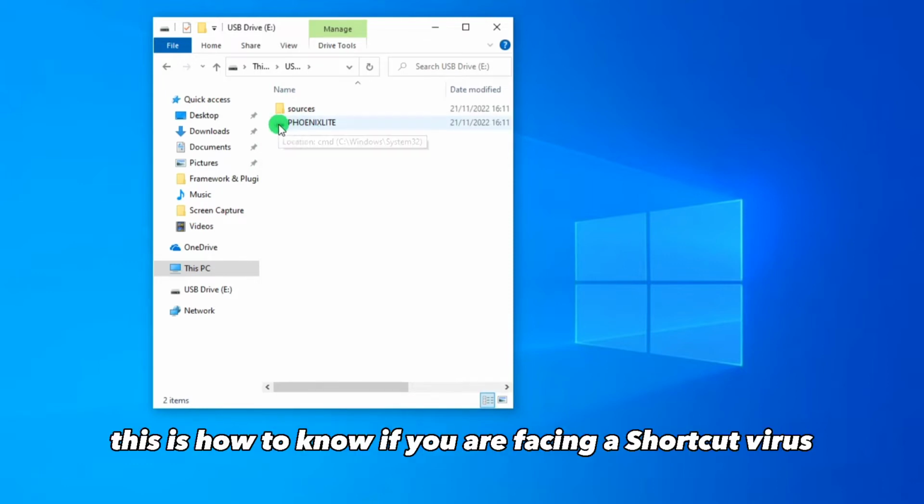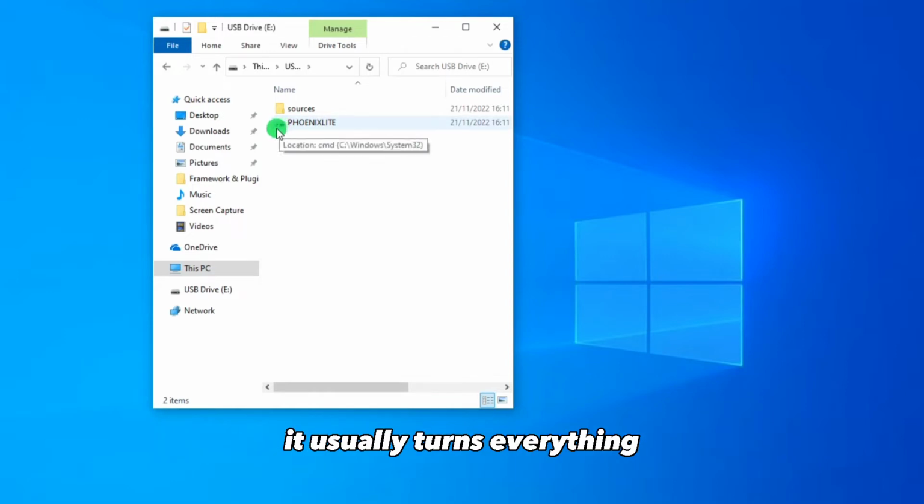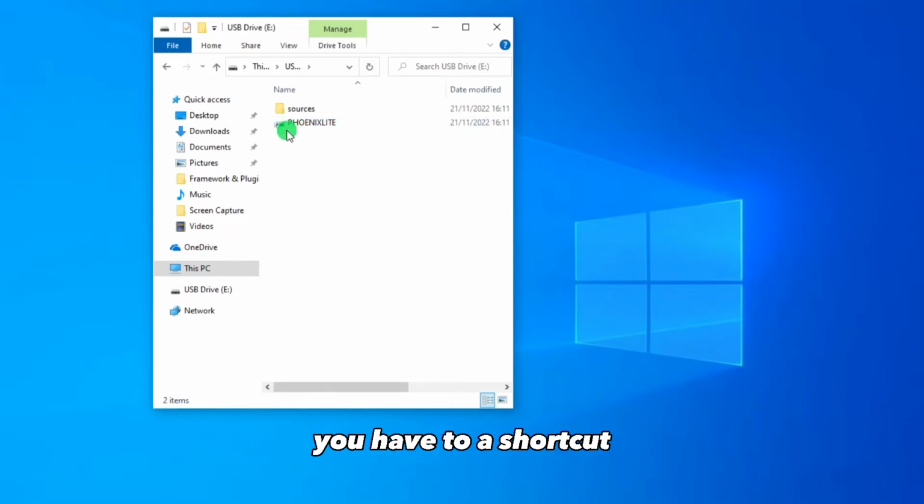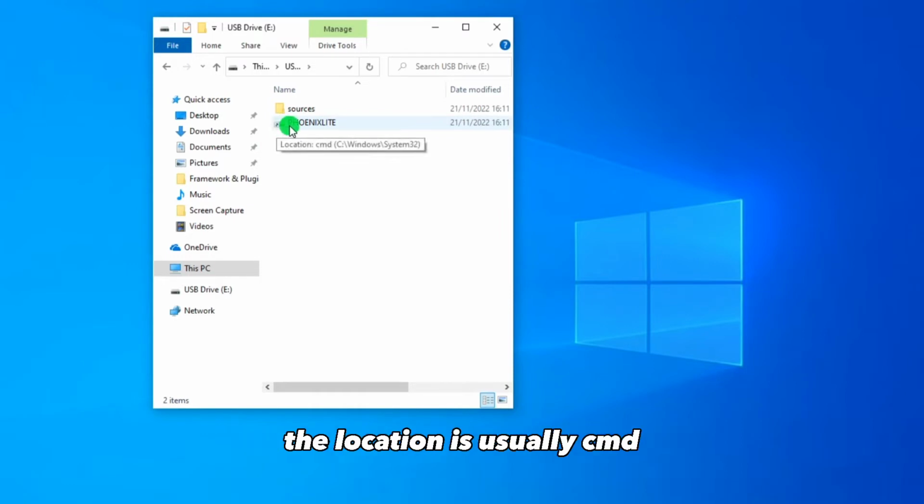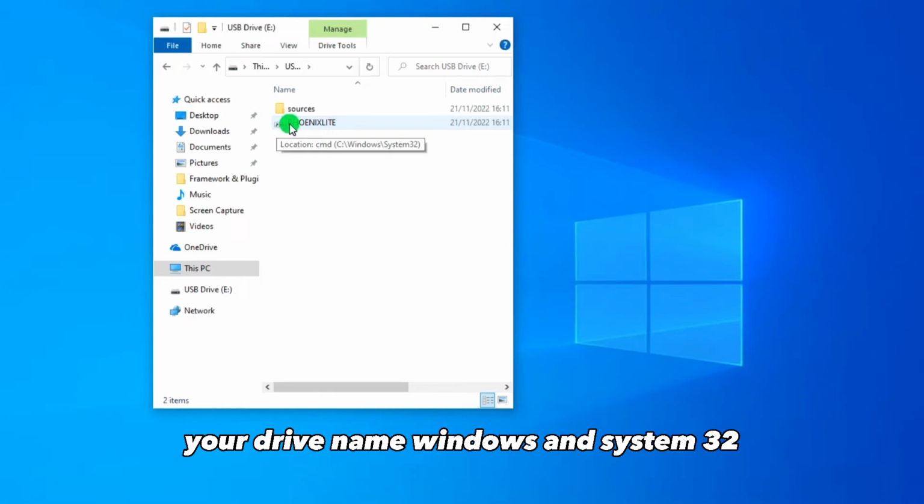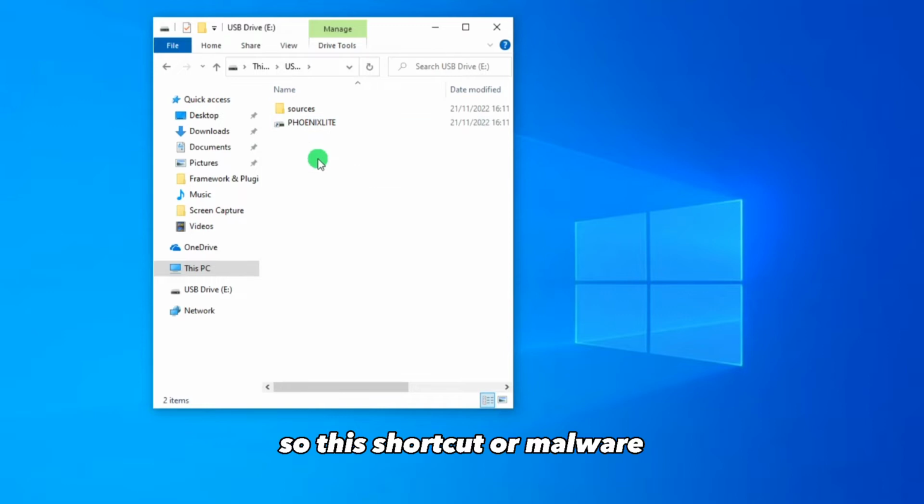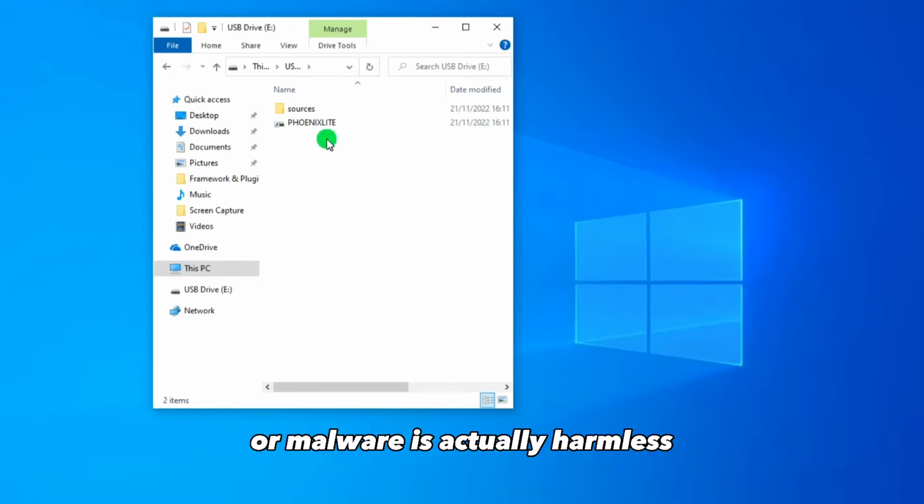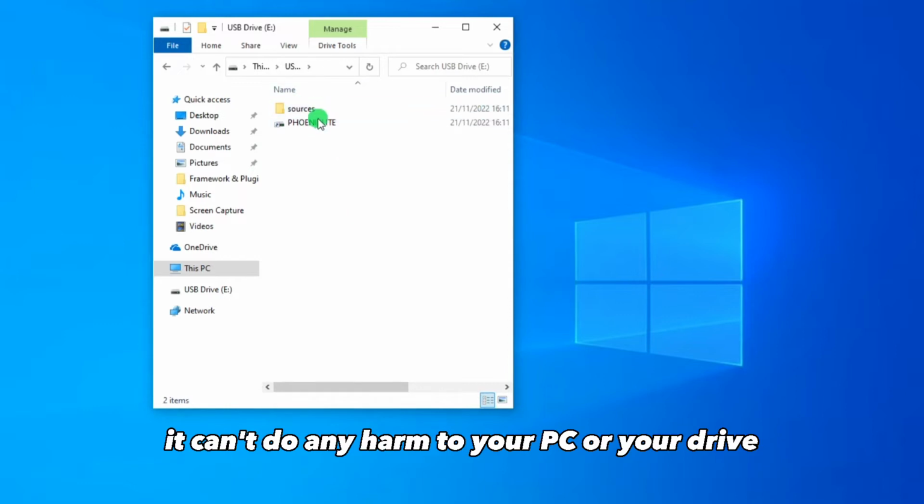Then this is how to know if you are facing a shortcut virus. It usually turns everything you have to a shortcut, and then when you highlight on it, the location is usually CMD, your drive name, Windows, and System32. So this shortcut virus or malware is actually harmless, just that you accidentally empower it and make it harmful. As it is now, it can't do any harm to your PC or your drive, but once